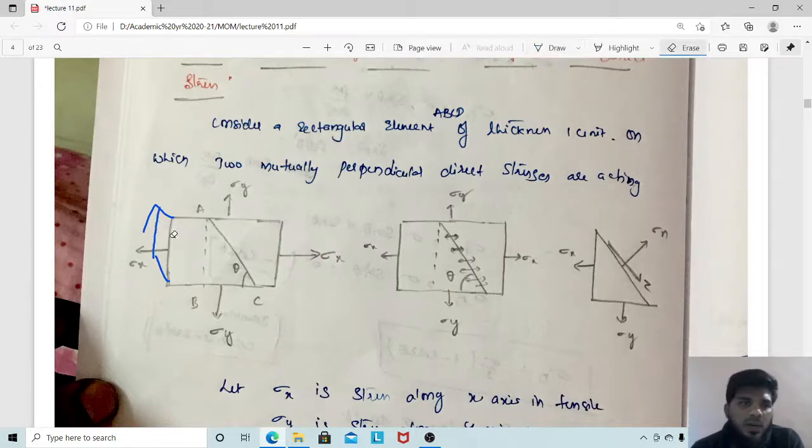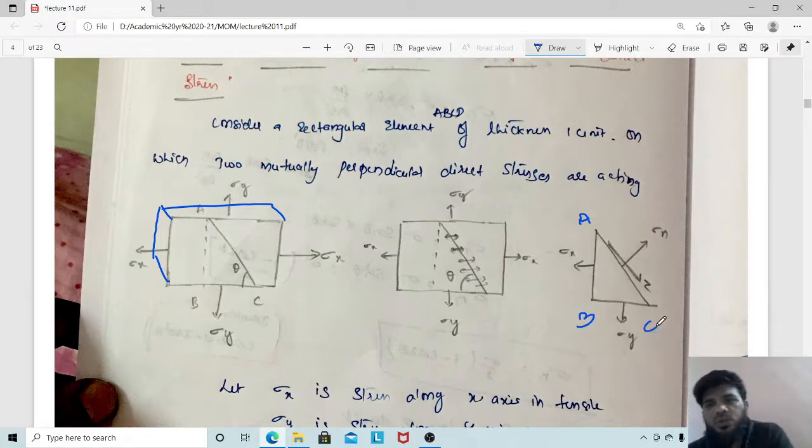Now we subject this area to normal stresses sigma x and sigma y, and we have a plane section. Along the x direction we have considered a plane ABC, which makes an angle theta with the horizontal. Now we consider this triangle as a separate section, taking the points A, B and C, whatever they may be. It's purely an assumption. You can take it any way; there is no restriction.